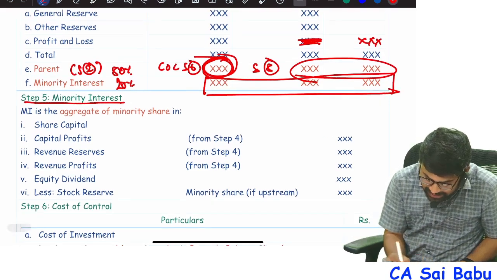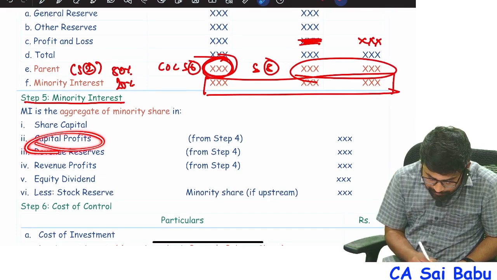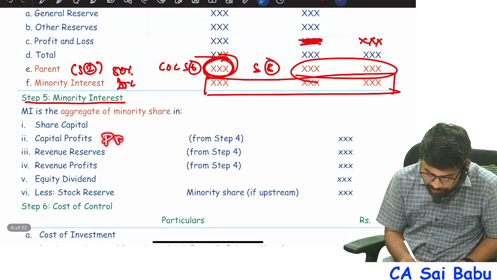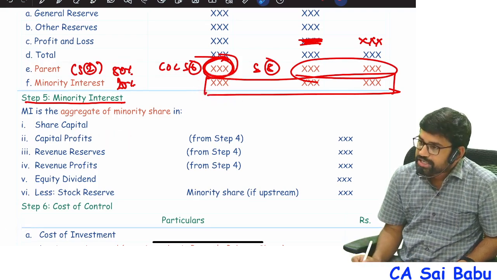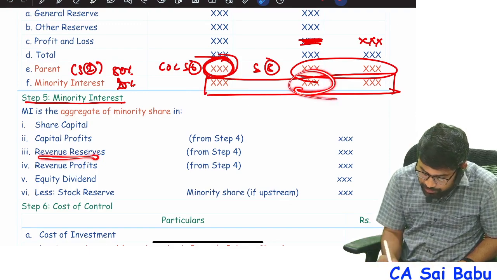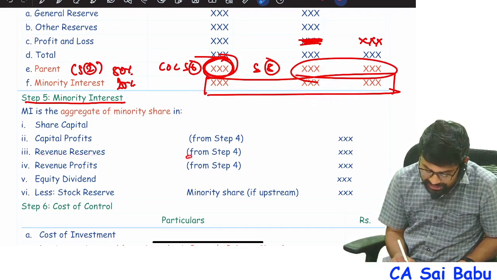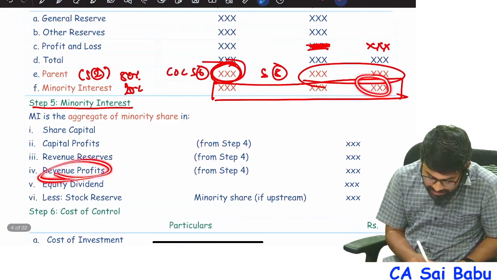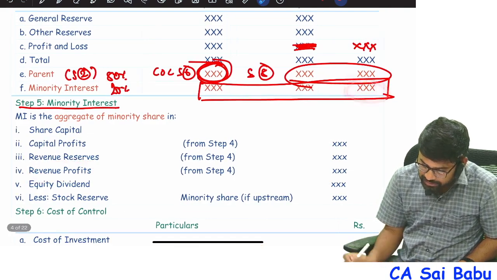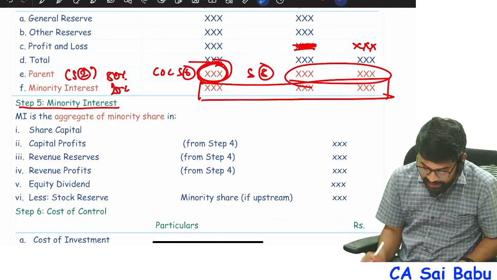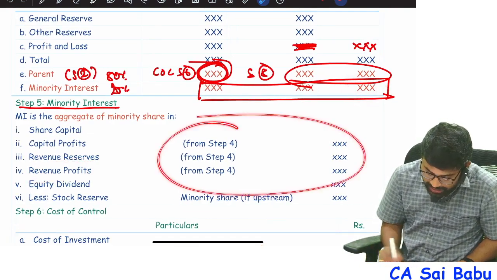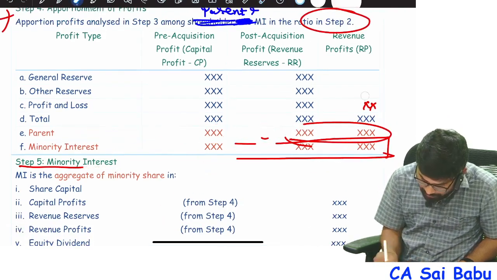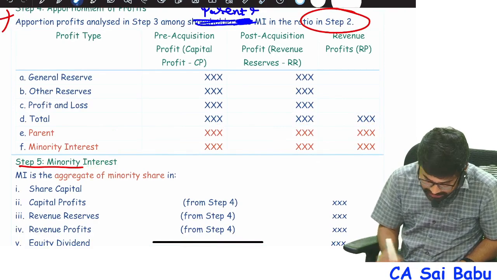See this. That's why here you see capital profits from step number 4. Capital profits means pre-acquisition profits. Minority interest share. Revenue reserve means post-acquisition profits. Minority shareholders' share in step number 4. Revenue profit means pre-acquisition profits. Sorry, post-acquisition profits. Minority shareholders' share will be added. Okay. So the most important step is